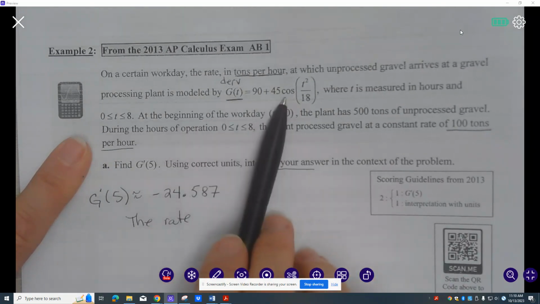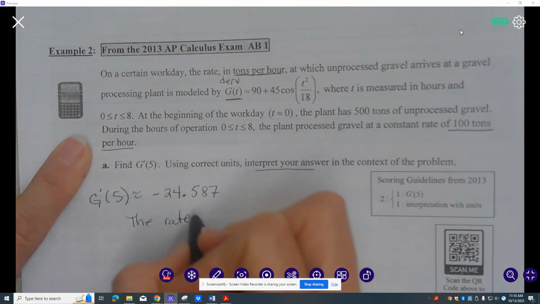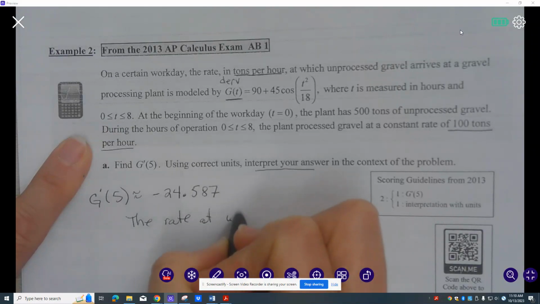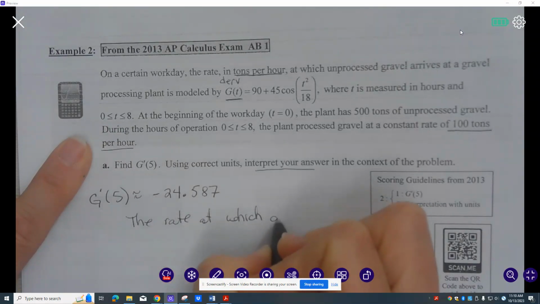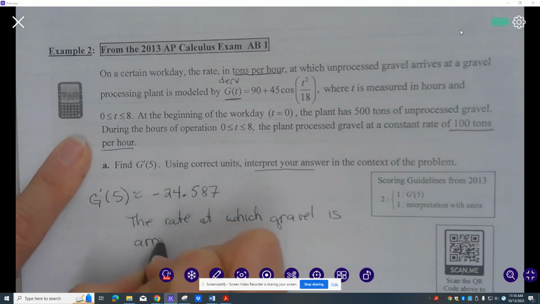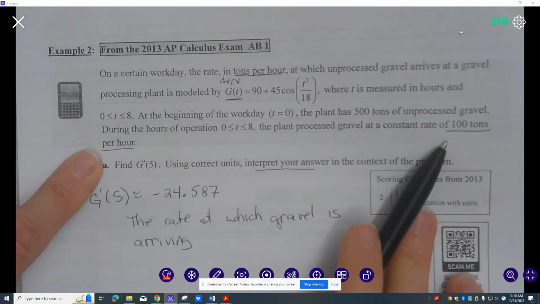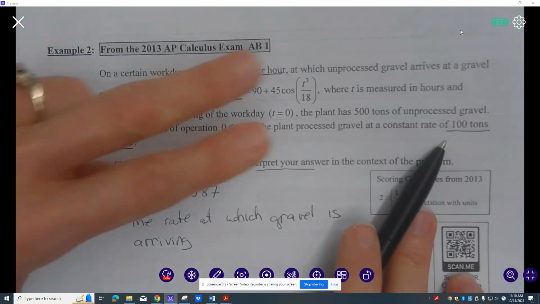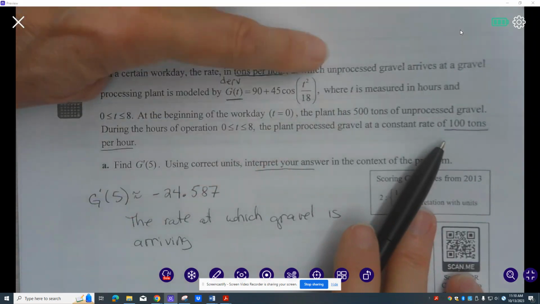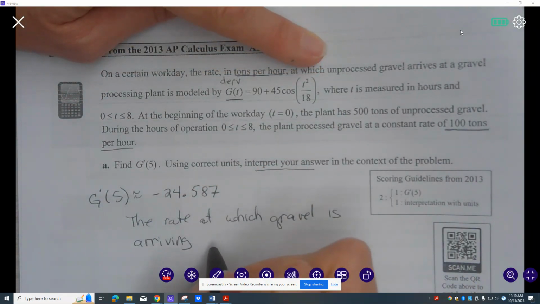So this function up here told you that this is when the gravel is arriving in the plant. The rate at which gravel is arriving. So you do want to do the arriving because they gave you another rate here, which was the rate it was processed. So you want to make the distinction that you're talking about when it arrived. The rate at which the gravel is arriving at the plant